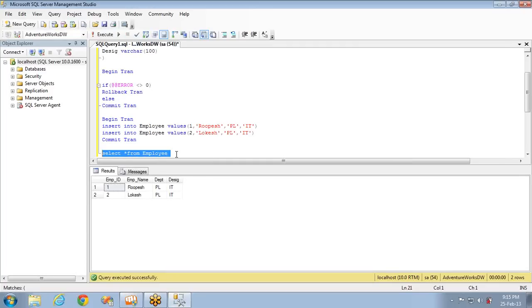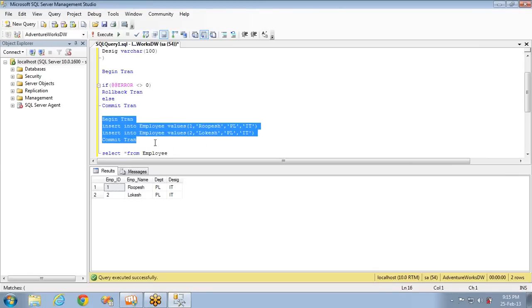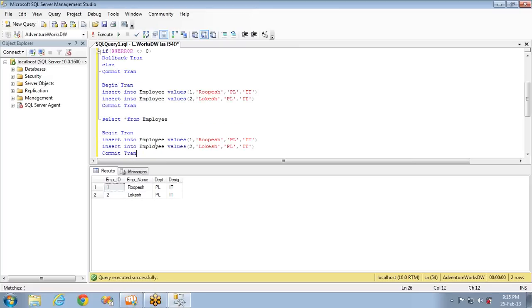Now let's see an example for rollback transaction, how the rollback will happen. It's not the case that it happens only when an error occurs. If you specify rollback, it will roll back, that's it. So for example, I'm copying the same query here. Instead of committing the transaction, I'm just rolling it back.